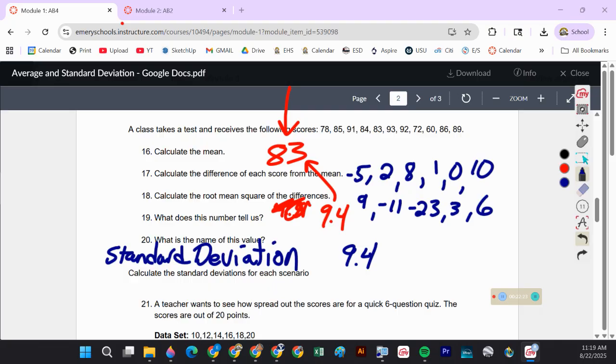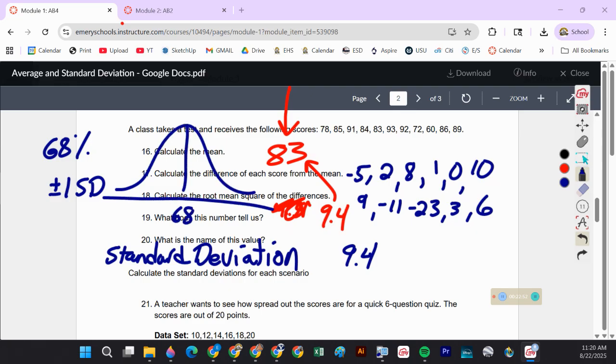So here is a rule of thumb. 68% of all scores are within plus or minus 1 standard deviation. So if you take the average and you go up 1 standard deviation and you go down 1 standard deviation, 68% of all scores are in that window. So if I draw a bell curve and I put 68 here, right